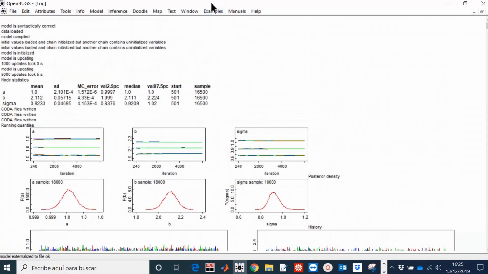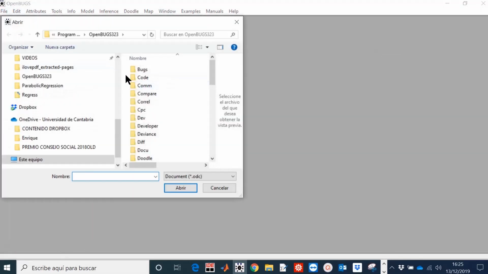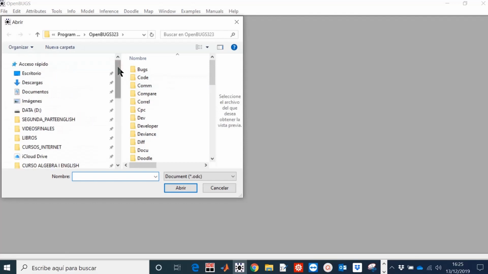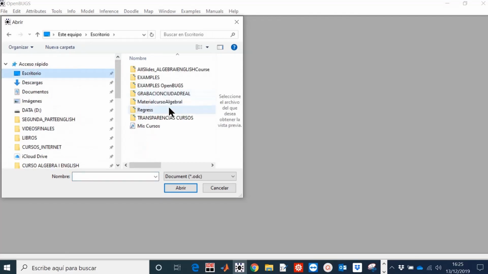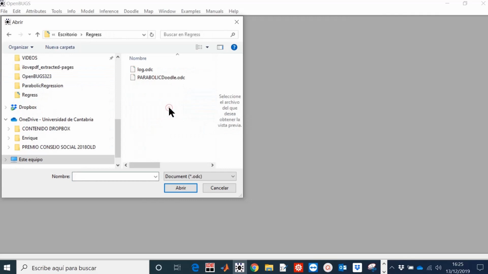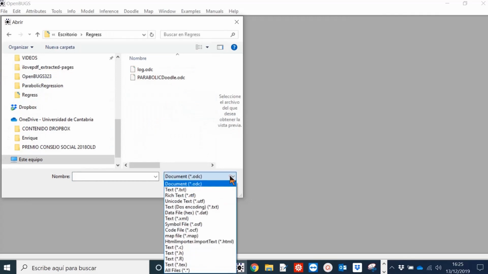Next, we explain in more detail the commands and their associated outputs. To this end, we open a file, the file log.odc, which is a special format for OpenBox, where we have stored the log window. We also open the script file in order to show the commands and the results in the same horizontal level when possible.